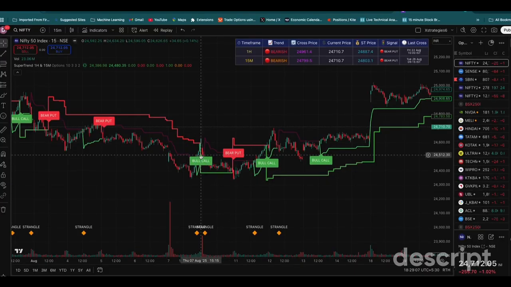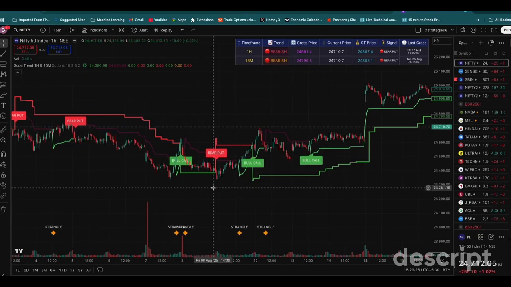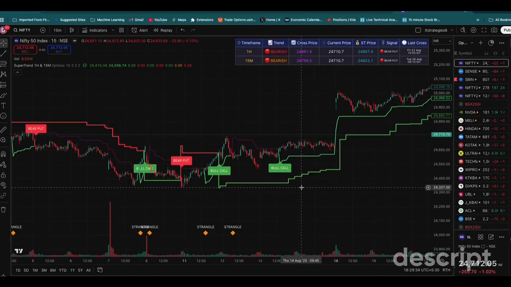And then here you got a buy call signal, but unfortunately the signal did not live for long, and again it got converted to a triangle. So you need to look at this a bit carefully between the bull call and the triangle, or the bull put and the triangle. Whenever there is a triangle, my daily should exit the existing trade and then get to the triangle. But then sometimes it will look like you have too many signals, right? But then suddenly you will get some